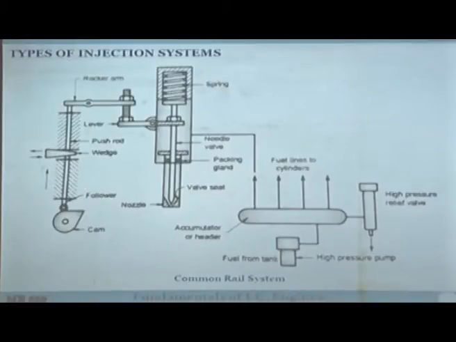So basically, there is a cam and follower. According to the design of the cam, this pressure is created, this is going to lift against the force of the spring, and when it lifts, this high pressure fuel will be coming into the cylinder, and when it goes down, this spring is going to close it. Okay, so this is how a mechanical common rail system actually works. And once you introduce intelligence in it, this will become electronic common rail system. If this mechanical system is changed with a solenoid valve, then it becomes electronic CRDI system.